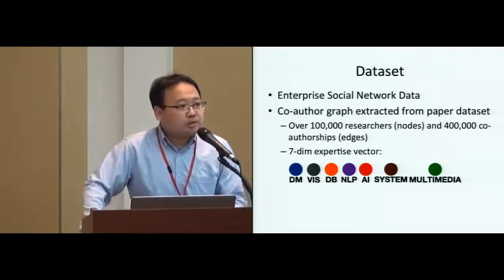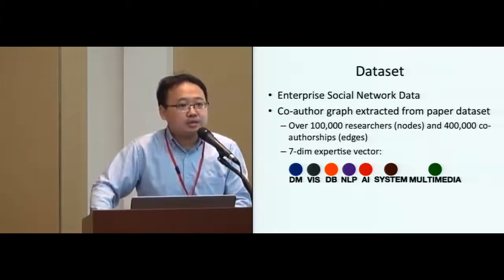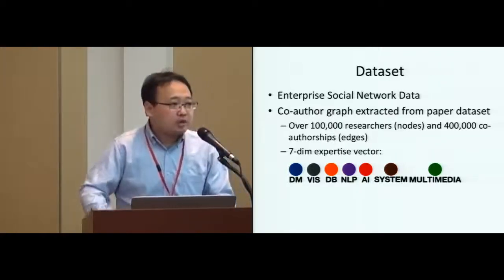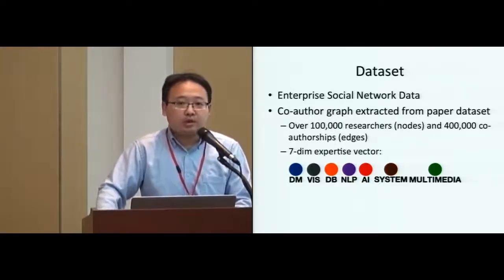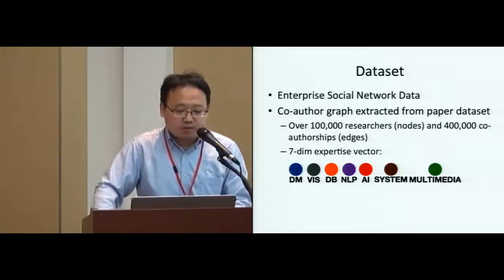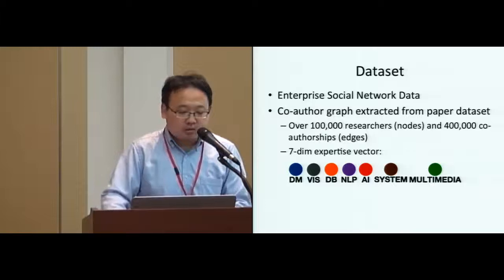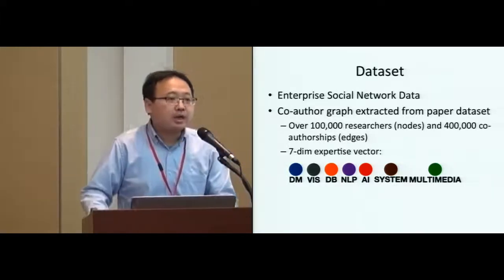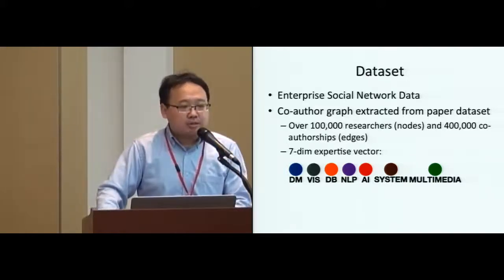Actually, researchers' expertise is estimated based on their number of publications in the corresponding area. And here we use different colors to represent different research areas. For example, the blue indicates data mining, and gray indicates visualization. So in the rest of this talk, I'm going to use this data in all our